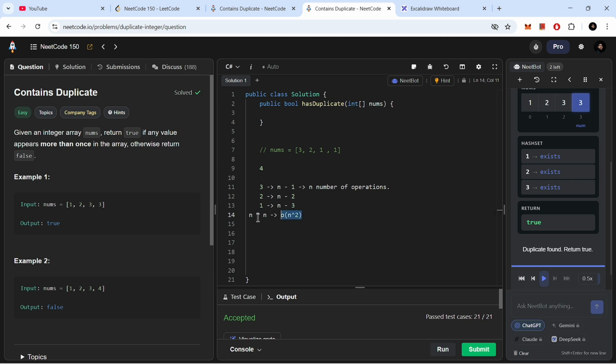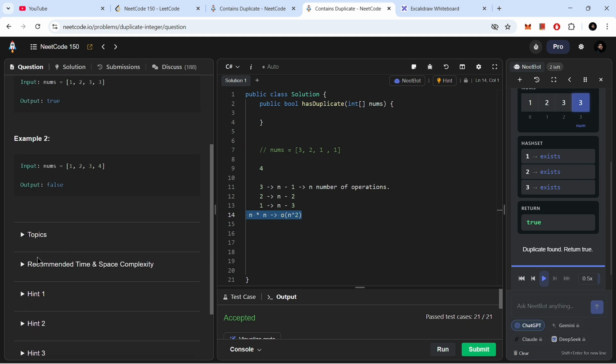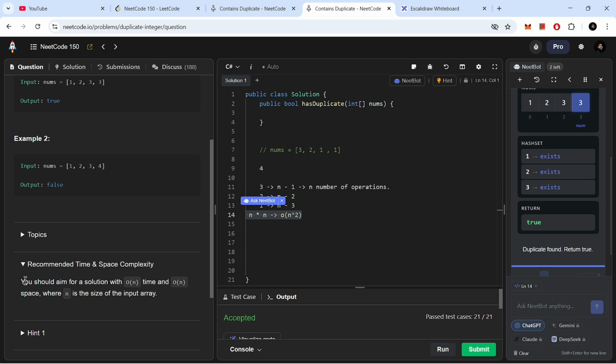Okay, so this is not recommended because they are also recommending time and complexity. They are saying that you should aim for a solution with big O of n space. This is obviously not big O of n because big O of n तो यही हो गया था ना